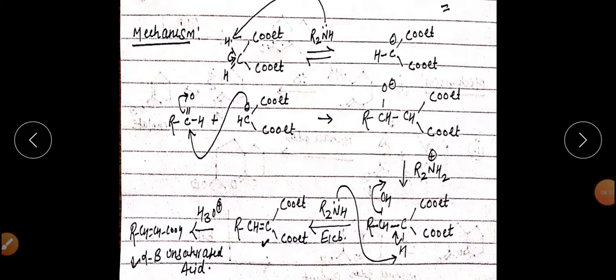The elimination reaction will happen, and there will be a dehydration step in which this base will abstract the acidic proton from this one with the elimination of this OH negative. The E1cB reaction will be here, and it will get converted into the alpha beta unsaturated compound, which upon acidic hydrolysis will get converted into the alpha beta unsaturated acid. This reaction is called the Knoevenagel reaction, and this reaction is really very important in this case, if we are particularly concerned about it.